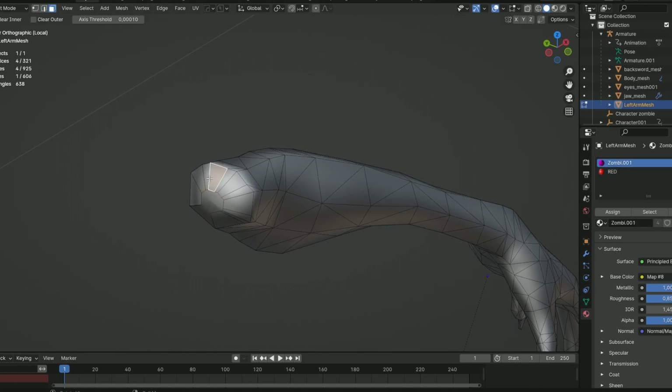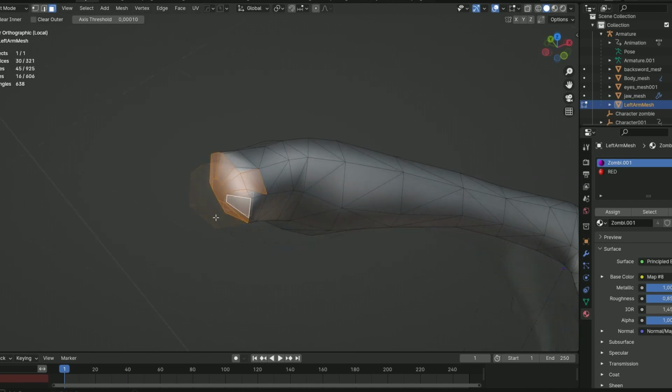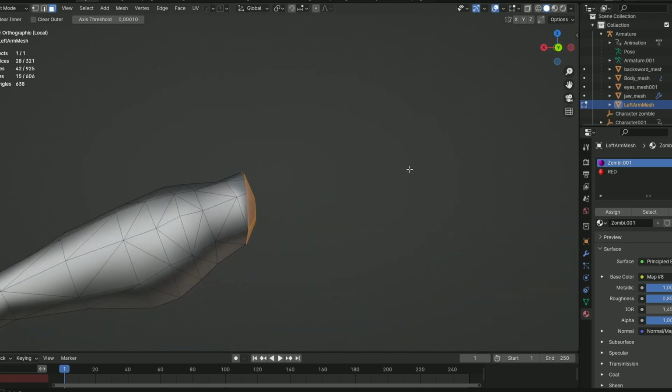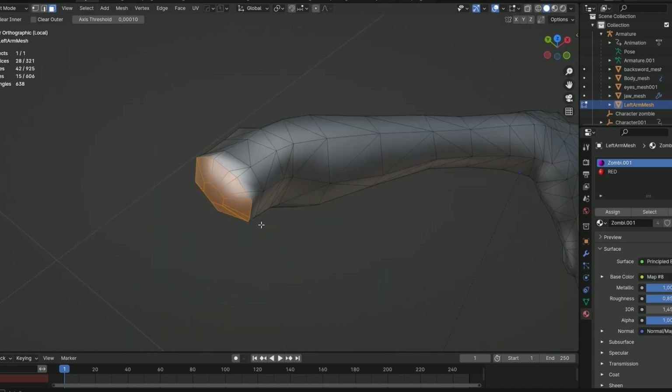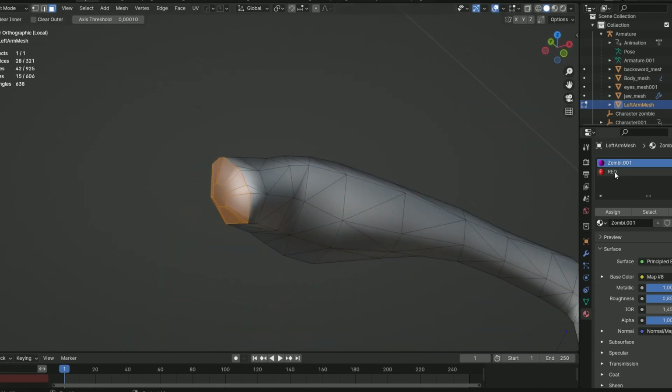And then you can either do it manually, like left shift click everything, or you can just press B. It's gonna do what we call box selection. Hold down your mouse and just do like this. But now you see you got this one that's important. You don't want that, so hold down your shift key and press on that face, because we only want these faces inside here. Then remember to select your red material here and just hit assign,